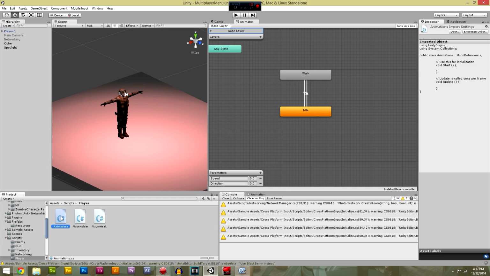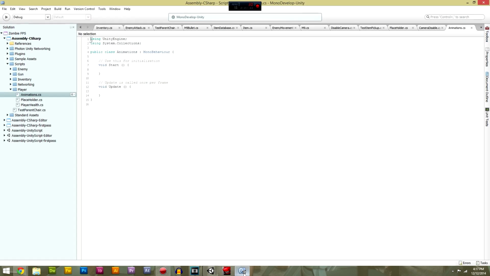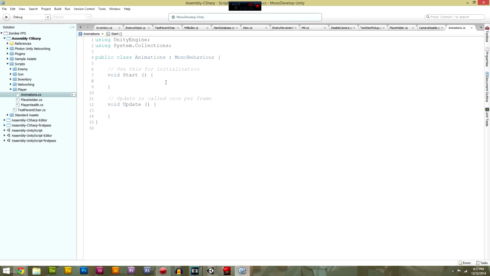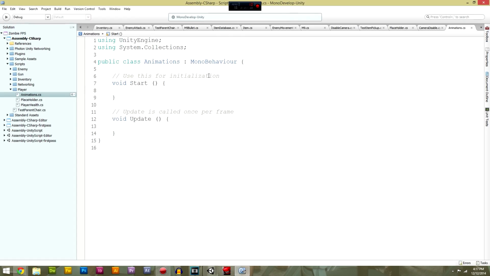Now we're going to enter that to open, and my MonoDevelop is working. That's amazing. After that install, it started working again. So now in this animations